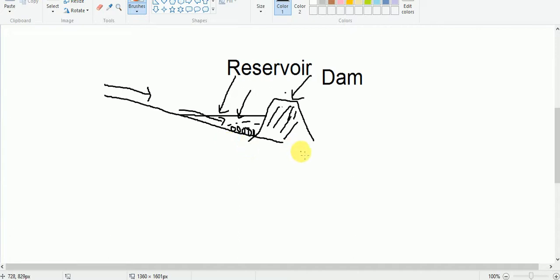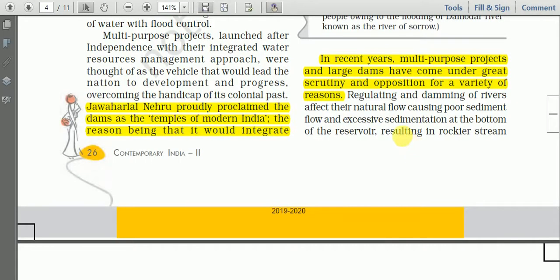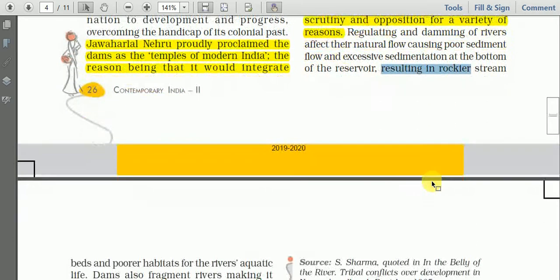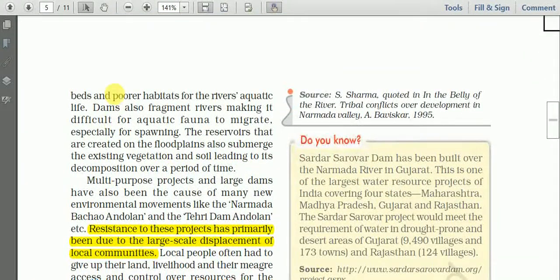Okay, so that is one disadvantage of reservoirs mentioned here. Excessive sedimentation at the bottom. When we block the water flow, there will be settling down of the rocks, and because of that the stream becomes rockier. Then there will be poor habitats in the river. The food for these marine organisms will be less, and that is why it affects the aquatic life, including